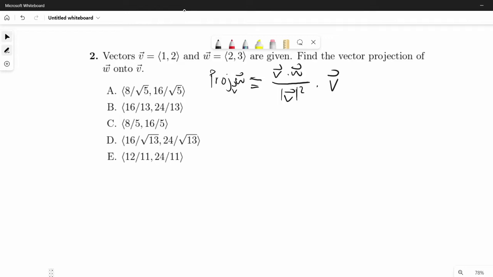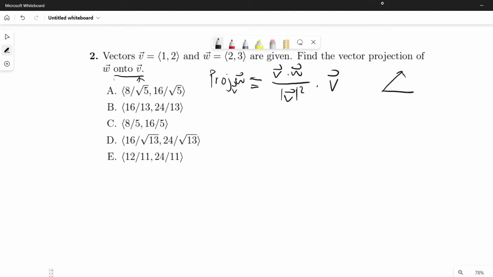A good way to memorize this is whatever is onto, in this case onto v, it'll be the dot product between the two over the length squared times v,